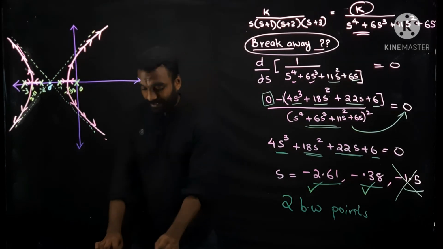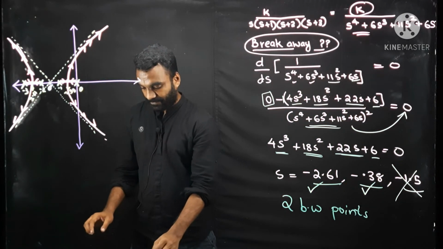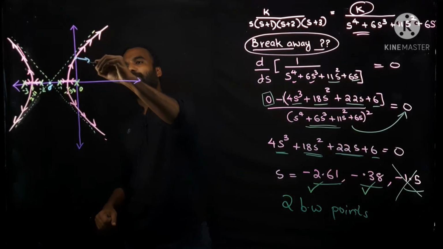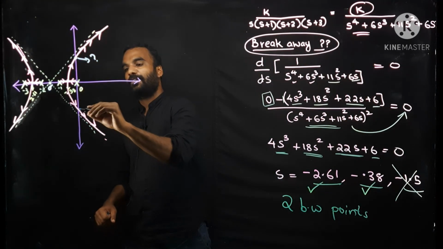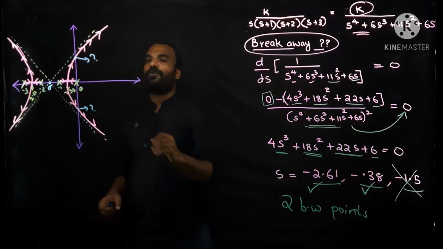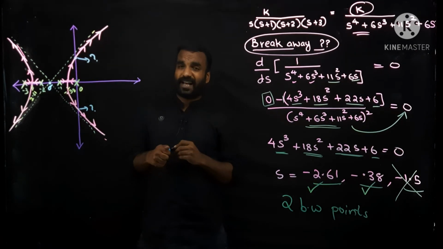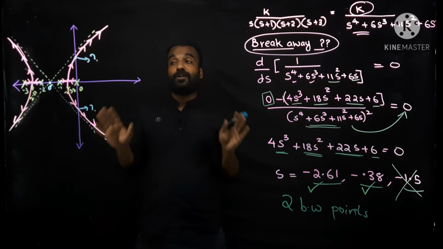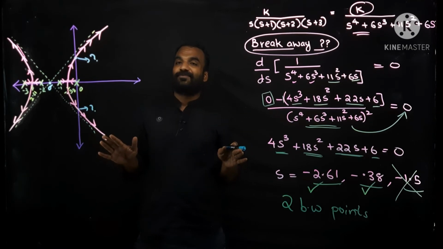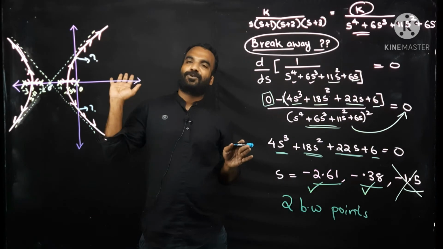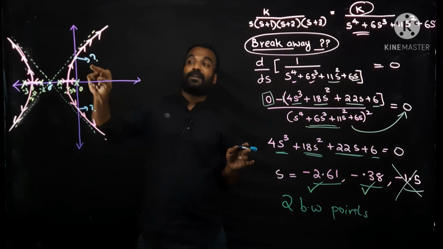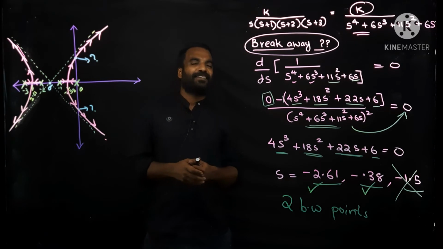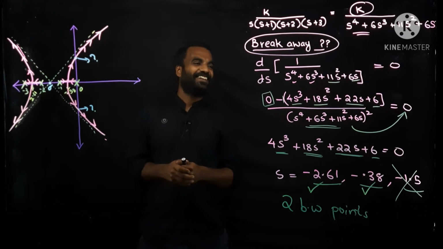And one more thing is there. You have to check the value of crossing point. Value of this crossing point. How you can find that? For that, you have to apply RH stability criteria. If you are not having time, then this is also right. But if you are having the exact value, it will be more right. You will get more marks.